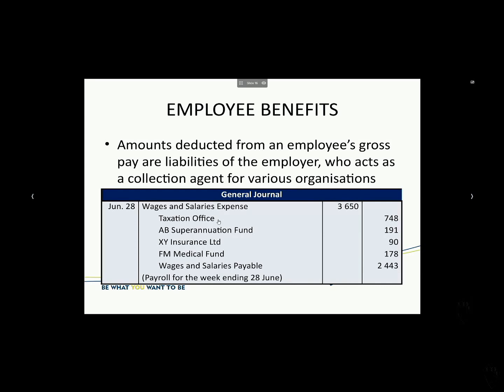That is a statutory liability. So on this side, we've got all the liabilities. This is a liability to the tax office. This is a liability to superannuation fund, the insurance company, the private medical fund, and the liability to the employee for the net of the gross salary